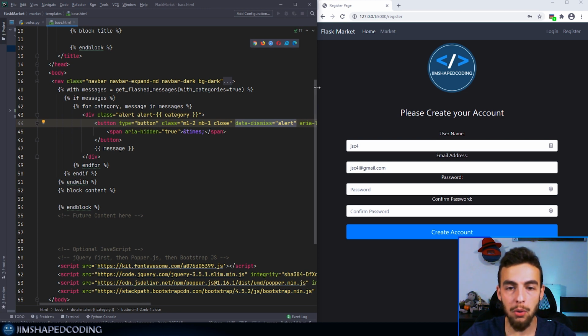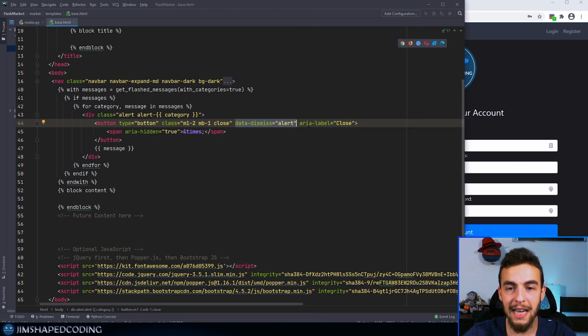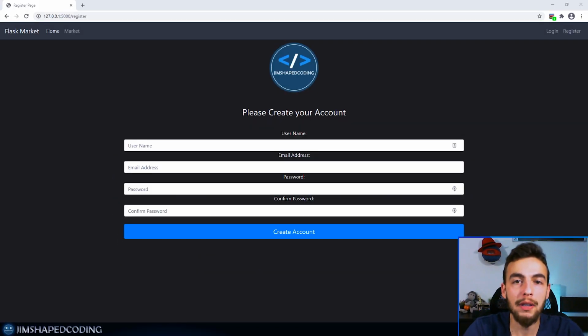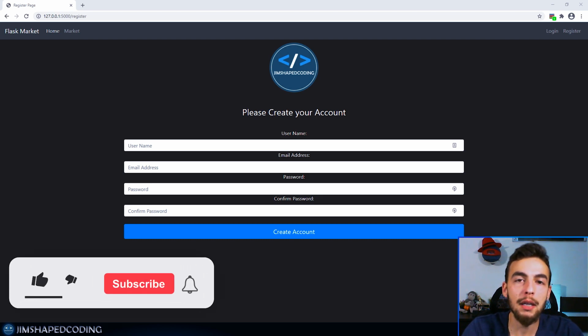Now the attributes data-dismiss, aria-label and aria-hidden equals true are what is responsible for configuring what the X symbol should do when we click on it, but I don't want to get into much complex detail about HTML and JavaScript and further information that is not relevant for now. Alright everyone, so I hope you understood the entire topic of how we can display nicer flashed messages